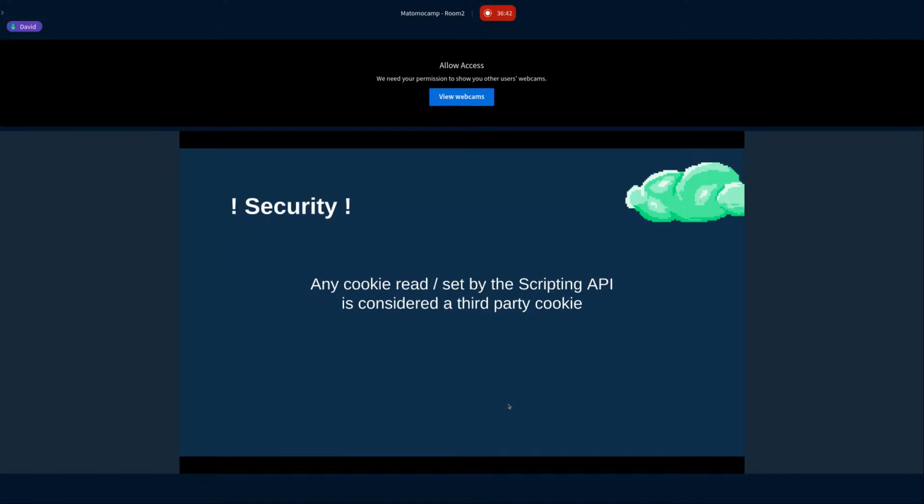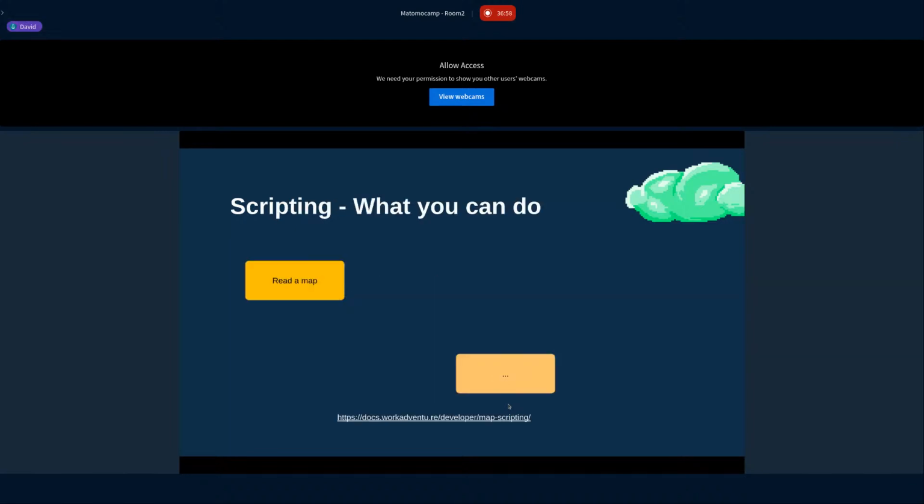But yeah, you get the idea. You will be able to track when someone is entering or leaving a stand, or doing some actions. For unique visits and stuff like that, it's going to be a bit more difficult.